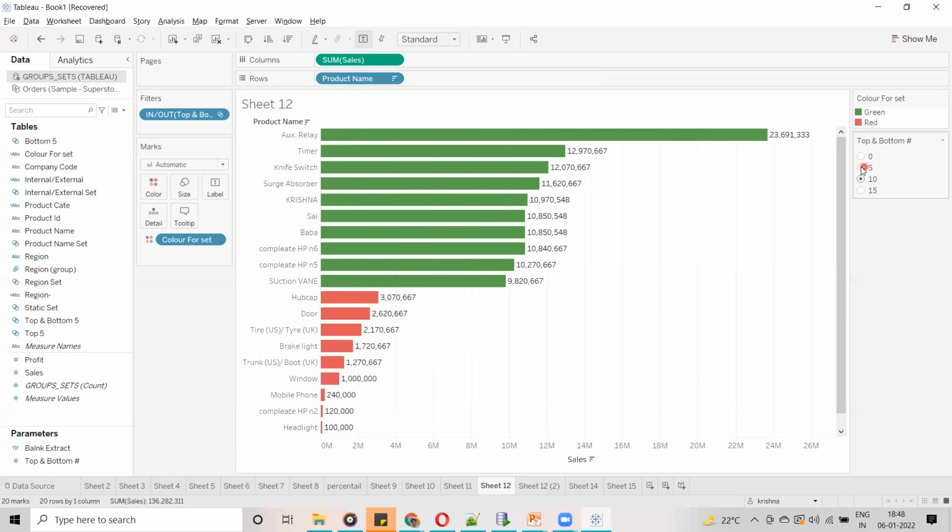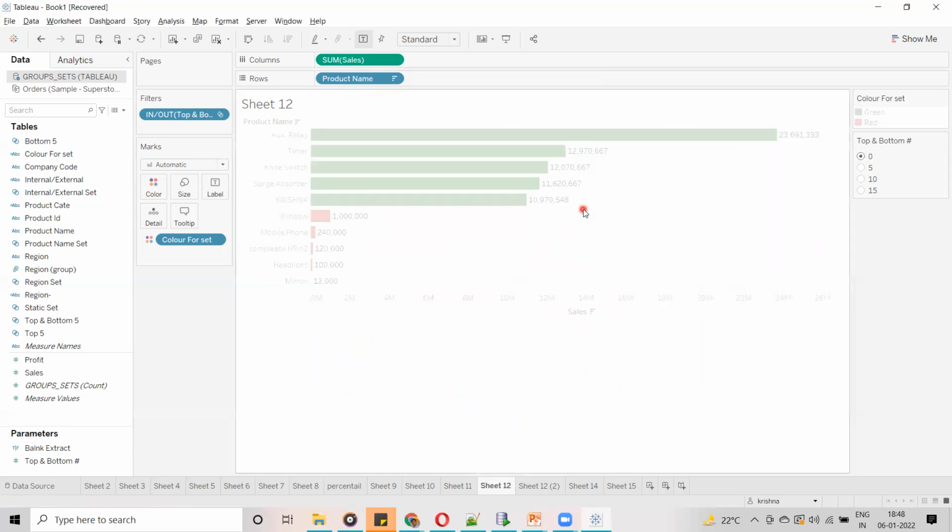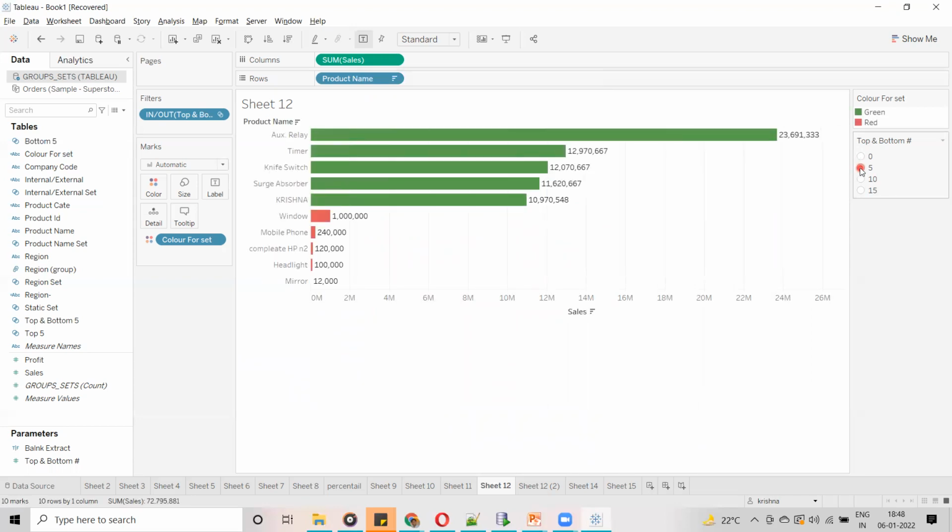It is going to allow users to select only one value at a time. And in filters, we can select as many values as we want. With the parameters we can select only one value at a time. So that is the difference between filters and parameters. In filters we can select as many values, but in parameters we can select only one value at a time. Means we can pass one value at a time to the visualization.